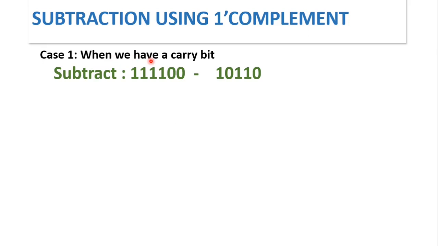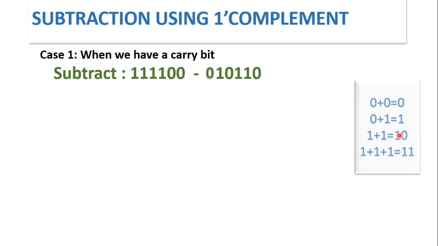The first step would be to check whether the number of bits in the first and second number are same. So let us count. The number of bits in the first number is 1, 2, 3, 4, 5, 6. And the number of bits in the second number is 1, 2, 3, 4, 5. So to make it a 6-bit number, we will add a 0 to it. So now both of them are 6-bit numbers. For subtraction, we will use the basic concepts of binary arithmetic. That is 0 plus 0 is 0, 0 plus 1 is 1, 1 plus 1 is 10.